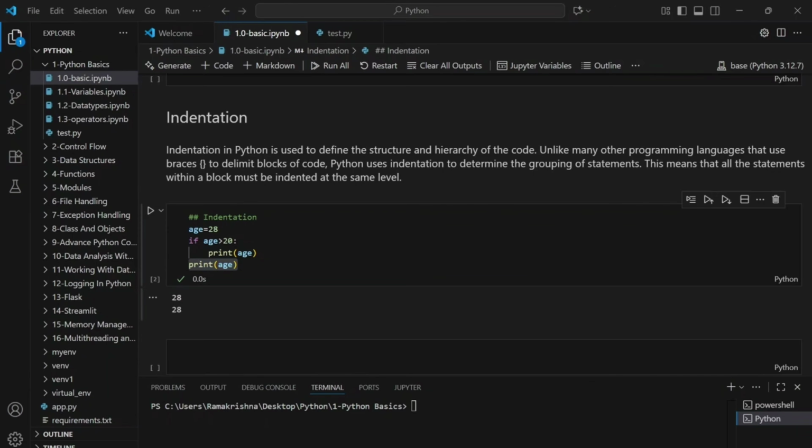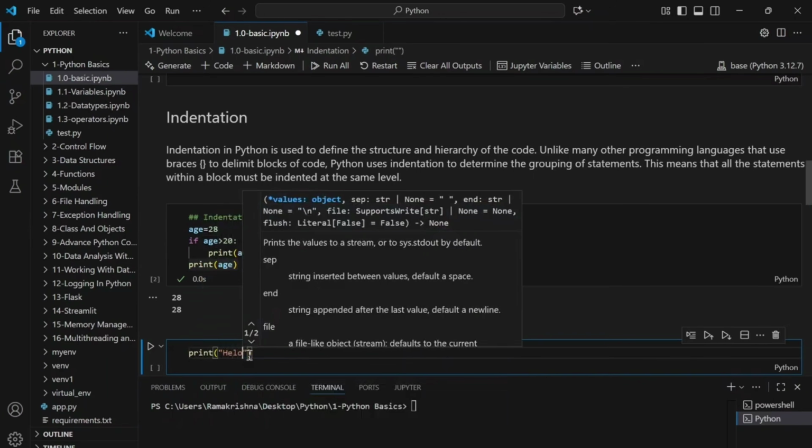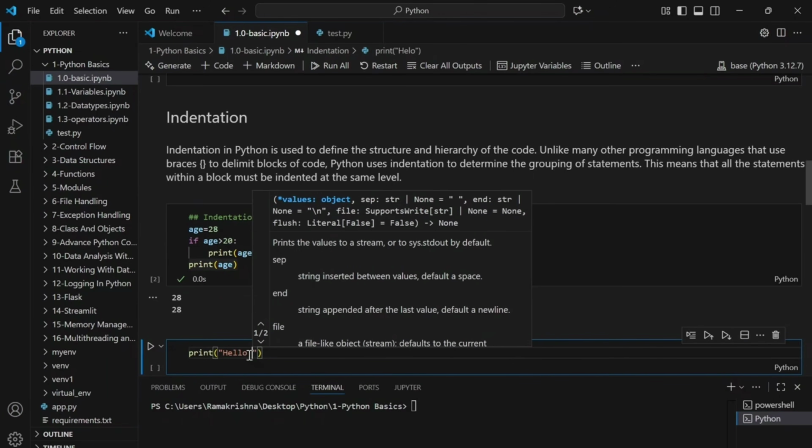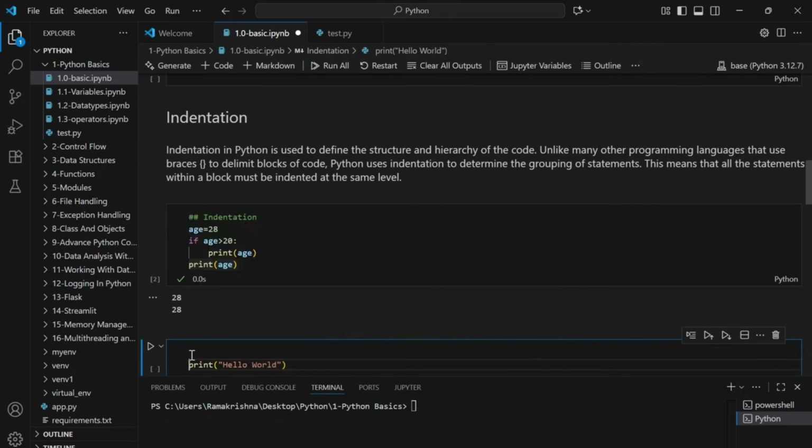Okay. Now we are going to learn about single line comments and multi-line comments. So what is a single line comment? Suppose I'm writing a print statement here, print hello world, and I want to have a single line comment here.